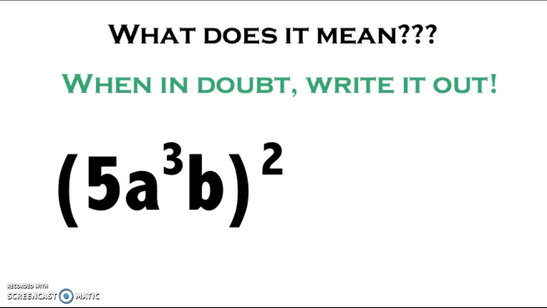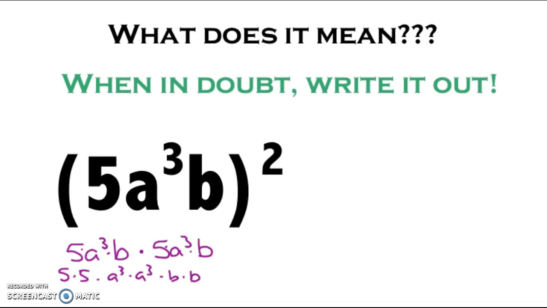I want to figure out, first of all, what is that asking? Well, this means I'm taking this whole thing, 5a cubed b, and multiplying it by itself, 5a cubed b. And kind of like we talked about before, this is all just one big multiplication problem. 5 times a cubed times b times 5 times a cubed times b. And if it makes it easier for you, you can reorder it however you want. Like you could do 5 times 5 times a cubed times